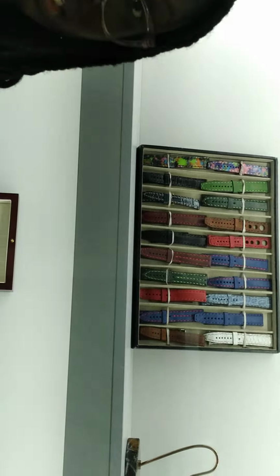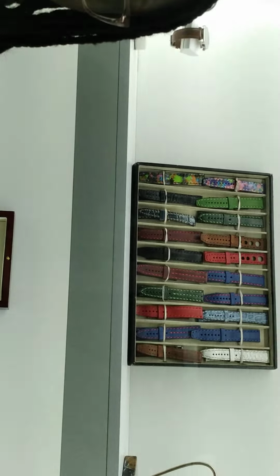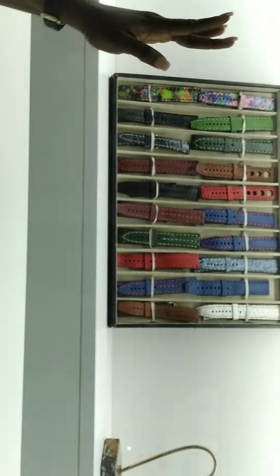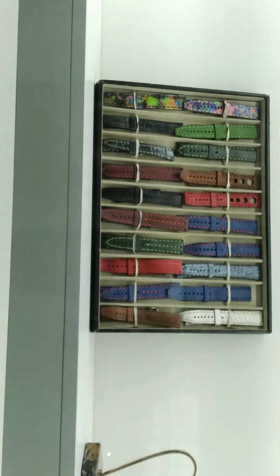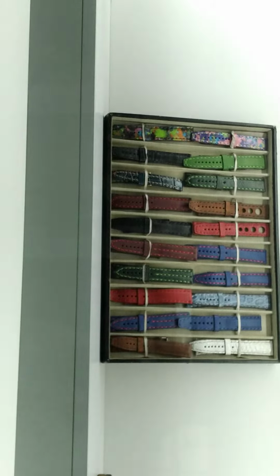So if anyone also has any ideas, we would love to even hear them and then see what we could do. So these are plastic straps, and they're made with recycled plastic. Yes. Sourced from Macintosh Africa. So vegan leather and plastic. And plastic. Okay. And as part of our CSR, or as part of us giving back to the community,